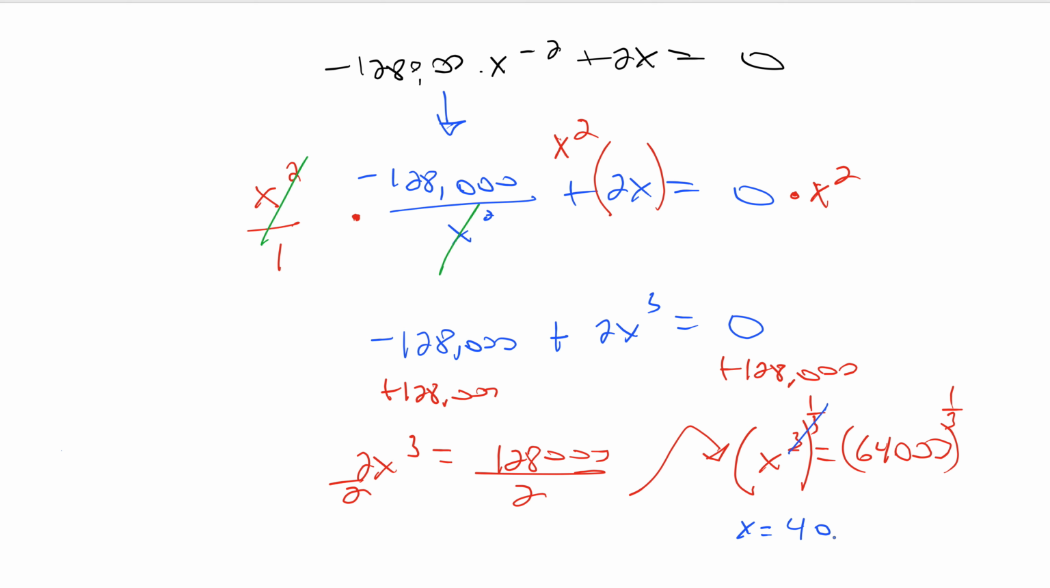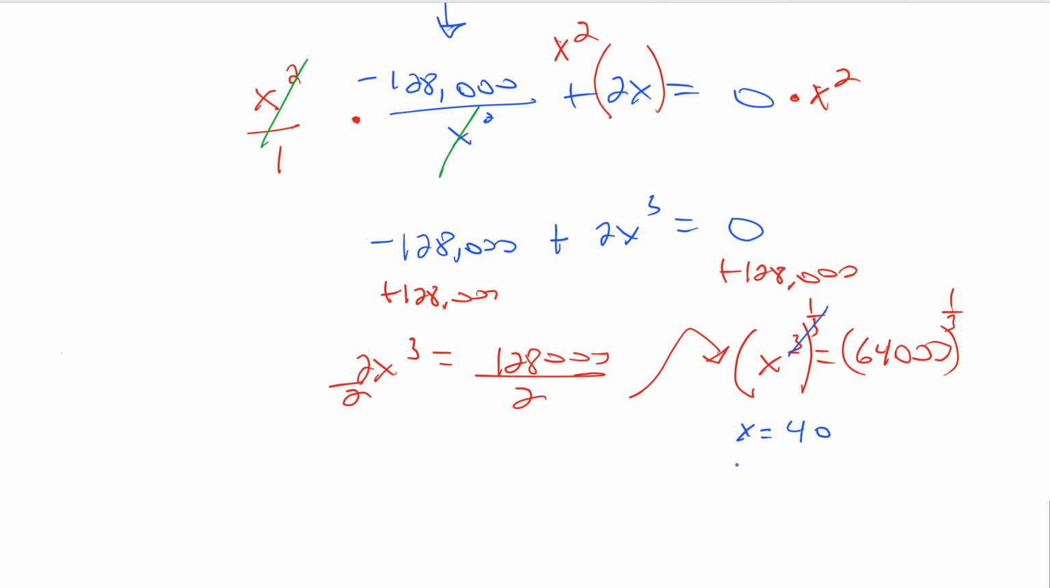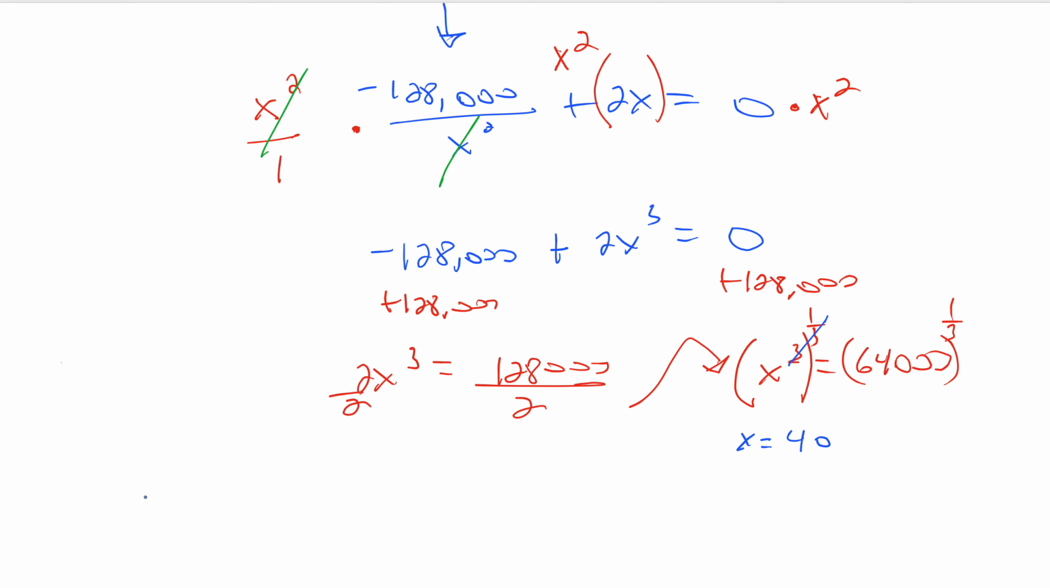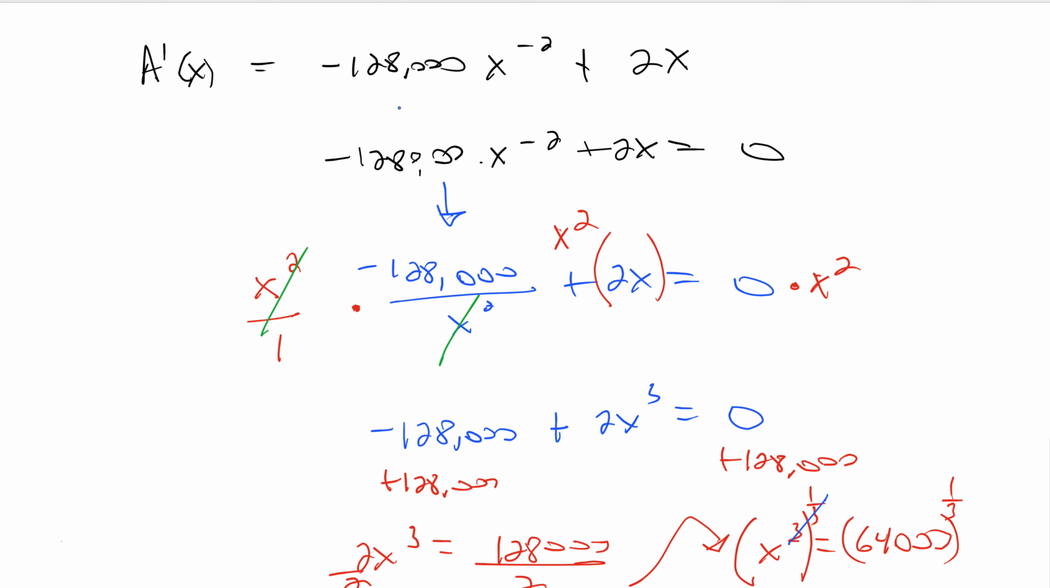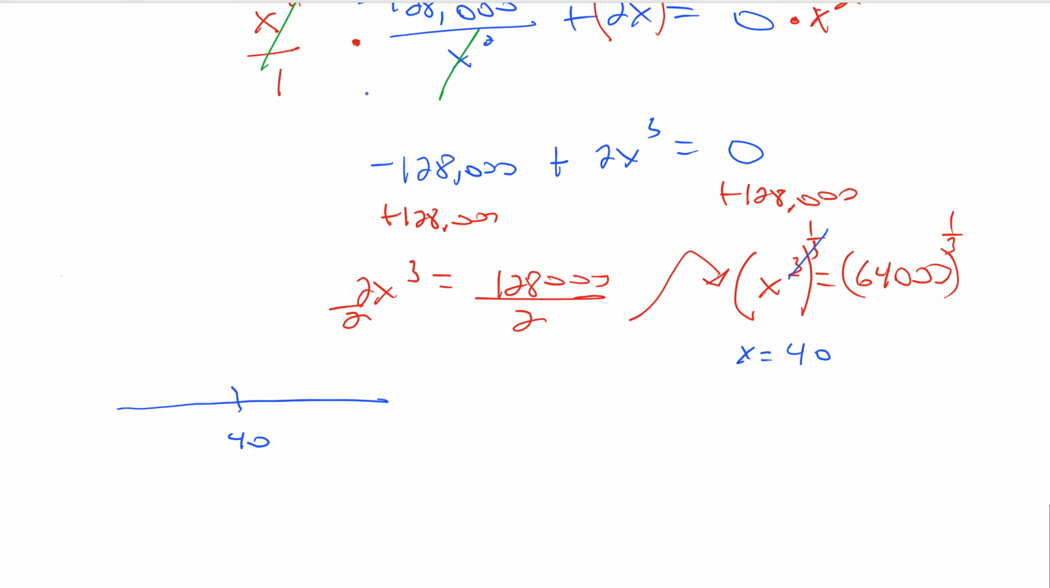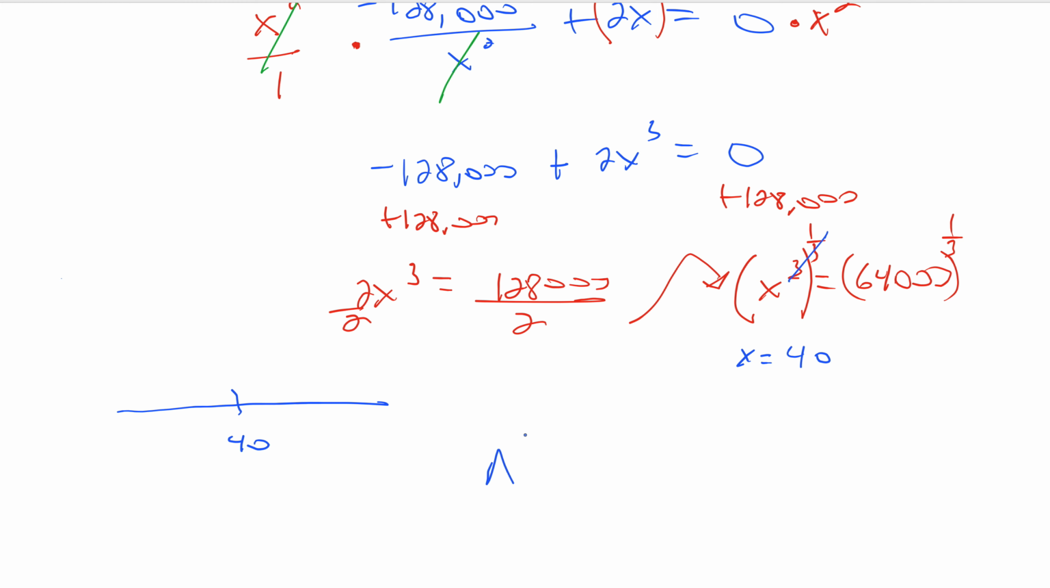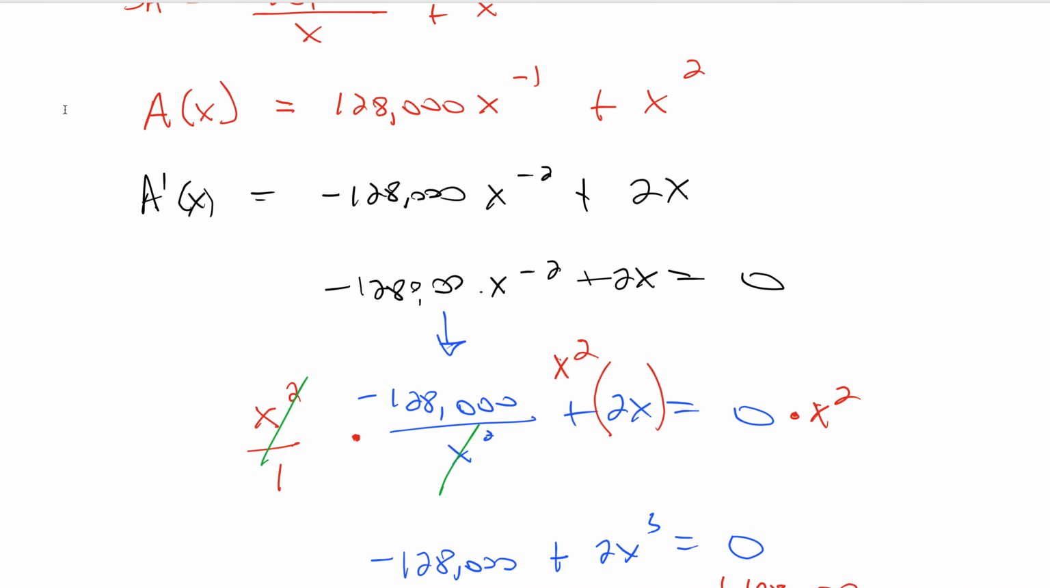40? Okay, cool. So new sign chart, slightly lower than the last sign chart. We have 40 right here. And we're going to plug in something to the left and something to the right of our derivative. So we can plug in 1, right? And we know that if we plug in 1, it's negative. So let's just do it. A prime of 1 equals